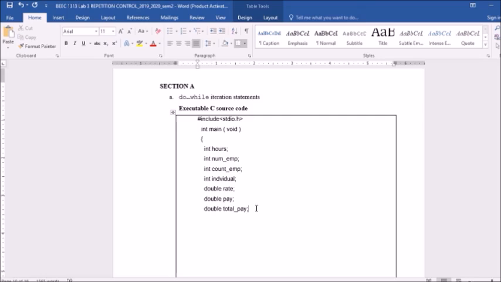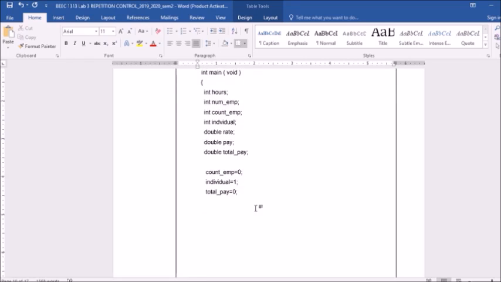After this, we put how many hours we want. We will put a number of employees, how much we want for each individual employee's salary. So another one, I will put count employee, individual one, total is 0, and I will put the output function